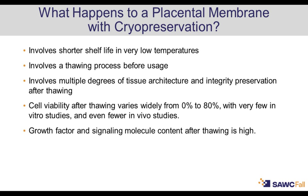Tricky question, and there is also an even trickier answer. There are multiple studies that show that, yes, we can have some viable cells. Have they been in vitro studies or in vivo studies? Meaning, are they on the Petri dish at a pharmaceutical company or on a patient in your wound care center? The answer is no. They are in vitro studies that show that, yes, we have in cryopreserved placentas some live